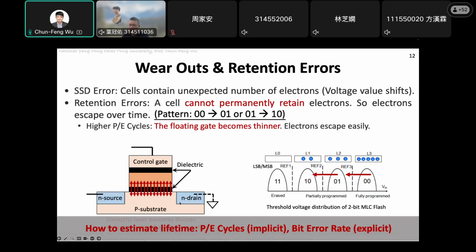I mean, by heuristic, we can say maybe when your SSD reaches about 1,000 PE cycles, then probably there are some errors. According to the heuristic, it makes sense, but it is not super precise, because we cannot know where the error is, I mean in which bits. So another way is using error correcting code, ECC, which will return us a bit error rate. But because we don't have that much time,